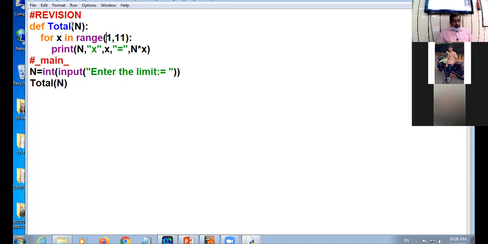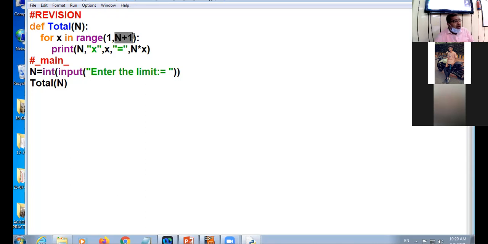Now I'll be going from 1 to n plus 1. अगर 101 तक जाऊंगा तो 100 तक रहूंगा ना. n is 100. 100 plus 1 is 101. Who is not clear with the concept? I have inputted the limit 100. n मैंने as a parameter pass कर दिया.